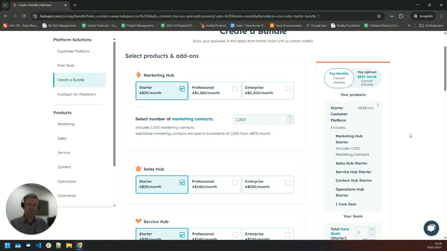So the jump from free to starter, what that will typically do is there's a lot of removing of logos. If you're on the free version and you send out a newsletter, it'll have a logo at the bottom saying generated with HubSpot. As soon as you jump into the starter version, it removes that logo. The other thing that opens up is that you can have multiple pipelines in your HubSpot. What we see sometimes is we have a main sales pipeline, so you can track all of your new sales opportunities. Then you might have a delivery pipeline where you're tracking the main steps of your delivery process,